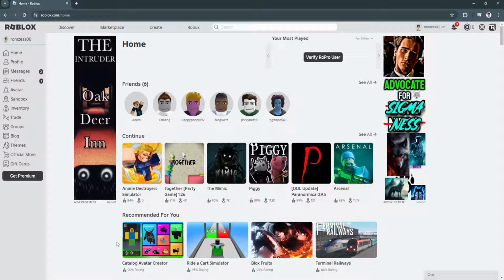So the first thing you want to do is head over to roblox.com and log in into your account. Now from here in the home page, what you want to do is to hover your mouse here to the upper right corner of the screen just beside the settings. So you want to click on the Roblox icon. From here, just select My Transactions